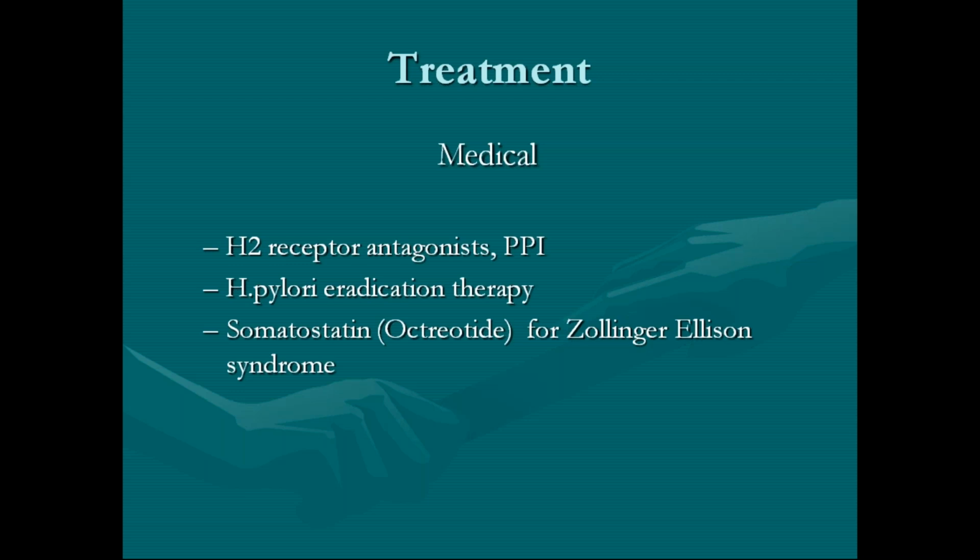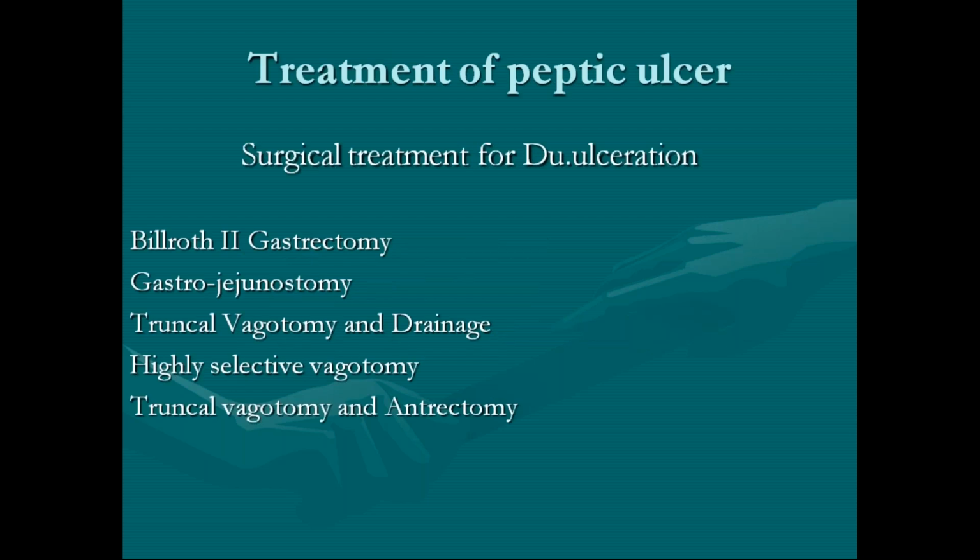Okay. Then in this class, we are going to learn something about the surgical management of the duodenal ulcer, right? So, we find duodenal ulcer most commonly in the first part of the duodenum. H. pylori is one of the most common causes, but usually in normal duodenum, H. pylori does not harbor. But if there is a gastric metaplasia, as I told you in the last class, it can harbor H. pylori and can provoke its effect. Okay. Then what are the different surgical options available for duodenal ulceration?